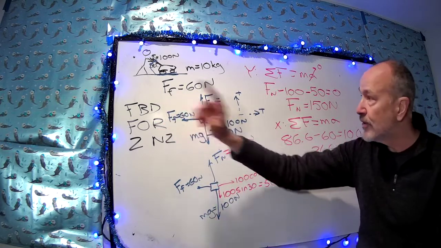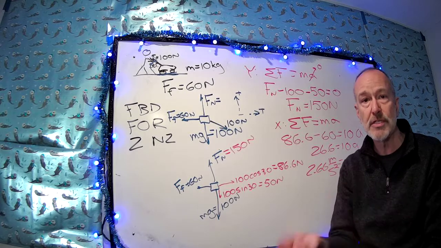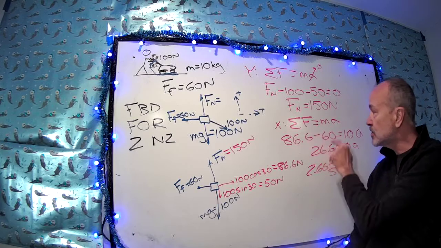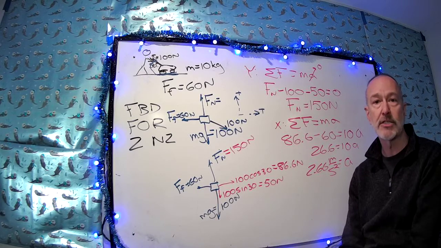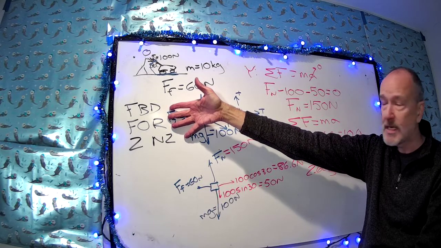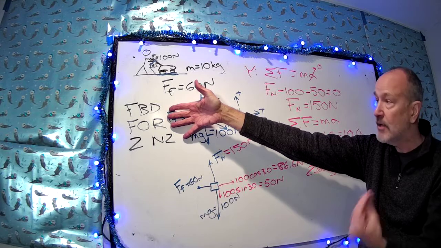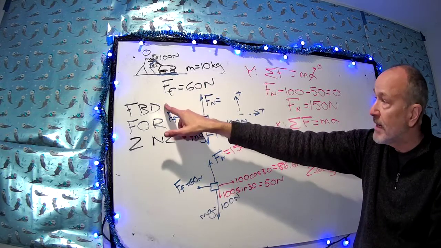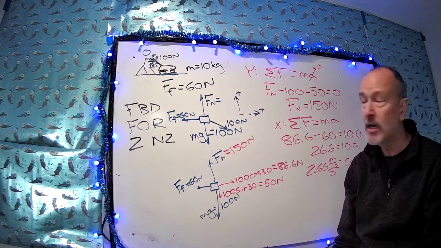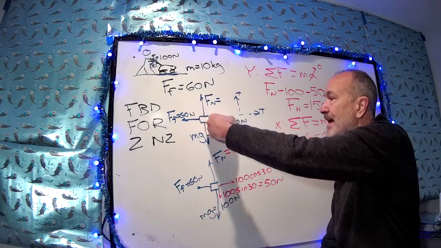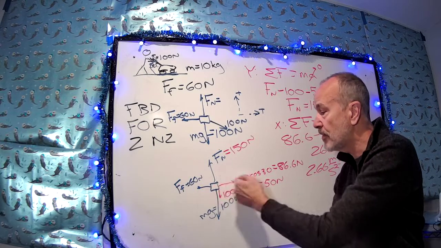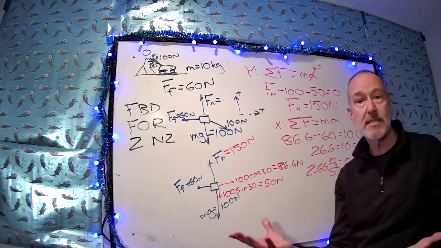This is the way it's always going to go. Free body diagram, frame of reference, 2 Newton's second law equations. If I gave you the acceleration, you could use that in here to solve for an unknown force in this direction. But all of this, if you can remember this, free body diagram, frame of reference, 2 Newton's second law equations, you're going to be in great shape. The only trick that we've done that we haven't done before, we did free body diagrams before. We did frame of reference picking positive directions before. The only thing we didn't do is we didn't have angled vectors. So the big change that we got now is we got to take that angled vector and replace it with the components. Then it's exactly the same as we've been doing all the other